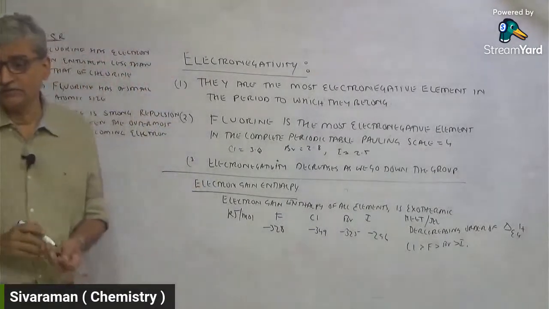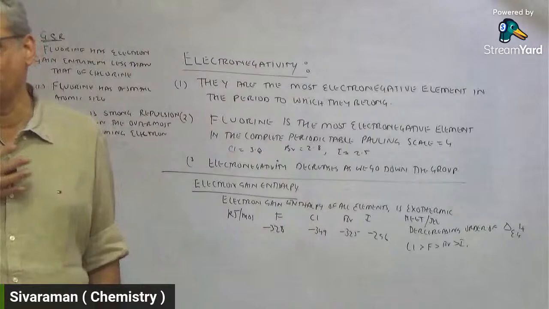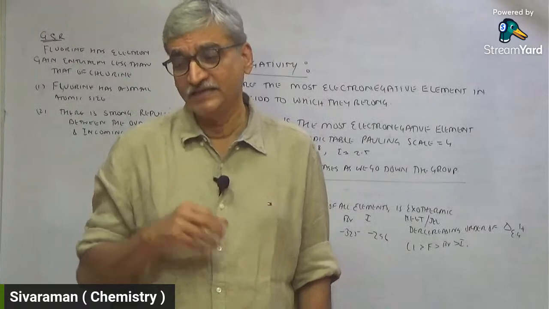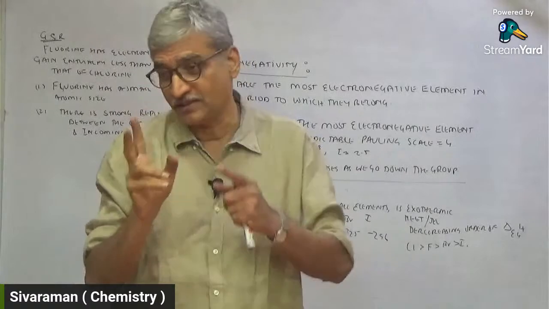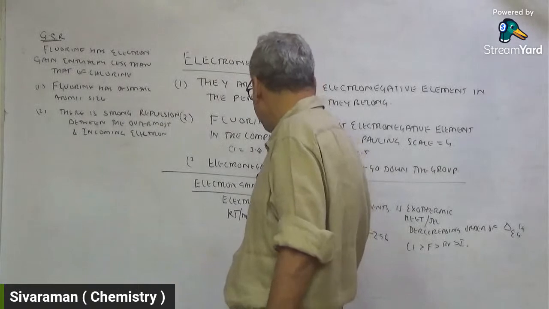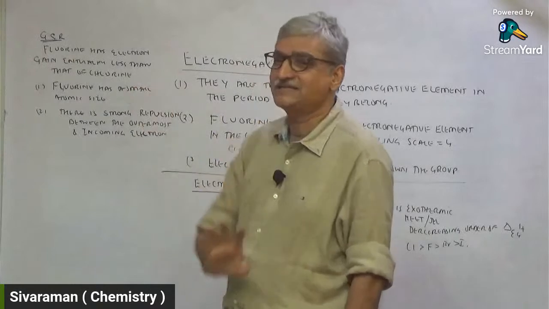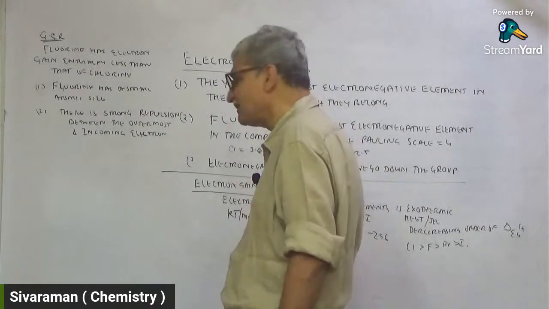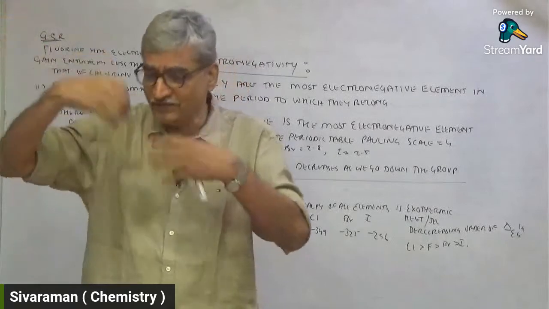But you see, now you're having two contradictory problems. What are the two contradictory things? On one hand, fluorine wants to become fluoride. It wants to complete its octet. But on the other hand, what is it facing? There are 7 electrons too close by. They are also repelling the incoming electron. Look at the contrast. Suppose it was able to release 370 kilojoule. Some 40 kilojoule it will use to stabilize the anion. So the net released is 328. So it becomes less than 349. It should have released much more, but some of the energy is used.